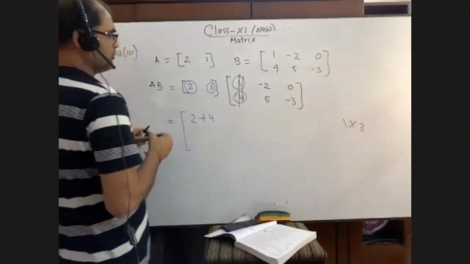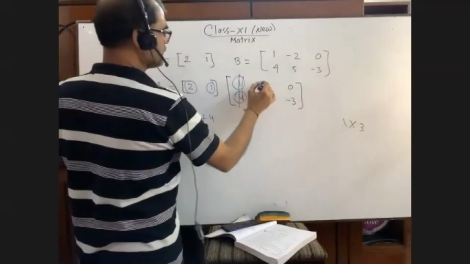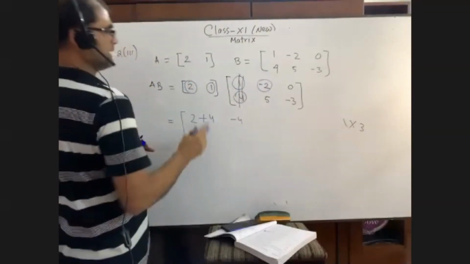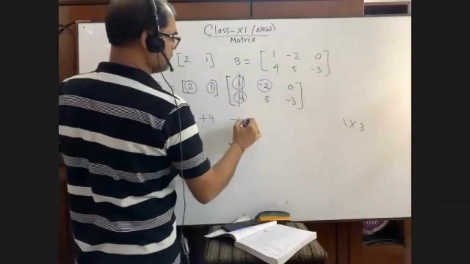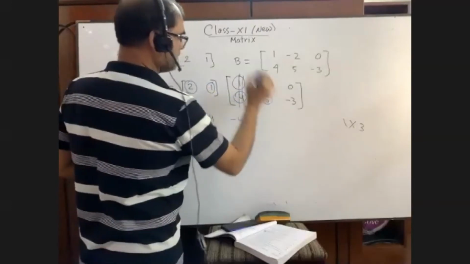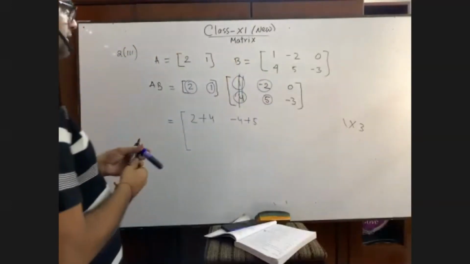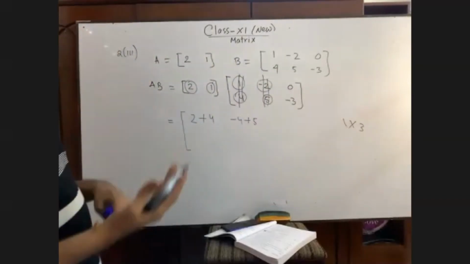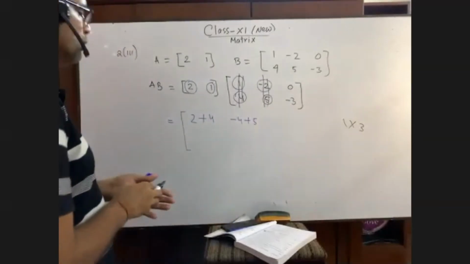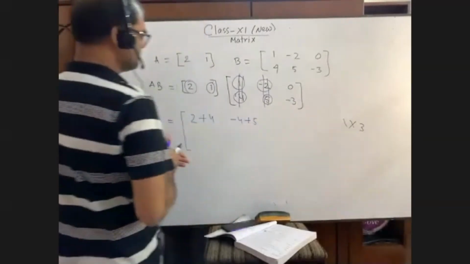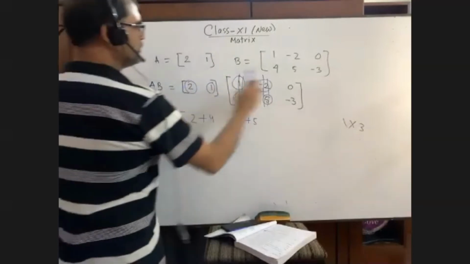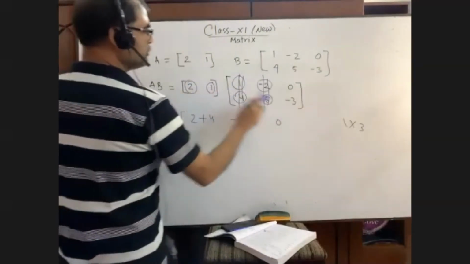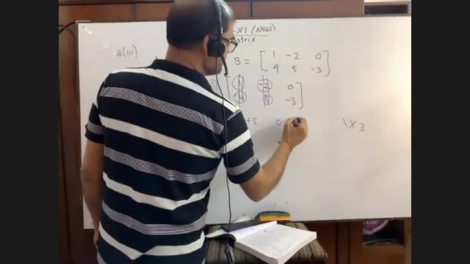It's okay. Now you multiply 2 into minus 2 equals to what? Minus 4. Now you again multiply 1 into 5 equals to what? Plus 5. We have multiplied. Okay, now you think again, suppose it is not also given. Now what is left with the third column? So we have functioning on this third column. That's good. 2 into 0 equals to 0. 1 into minus 3, that is minus 3.